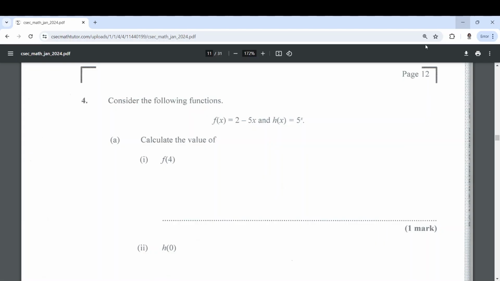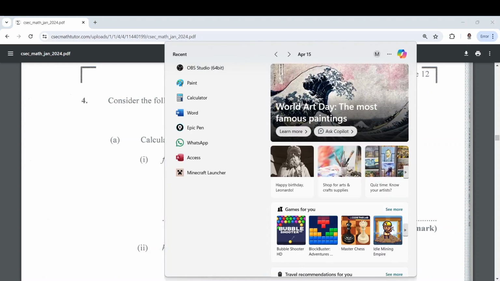Hey guys, what's up? So today we're going to be looking at January 2024, the most recent exam, and we're looking at number 4. And guys, this is actually a very simple question